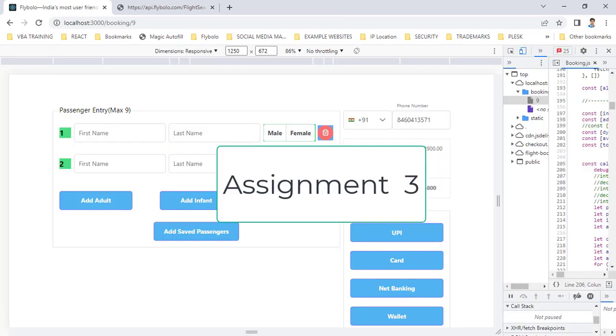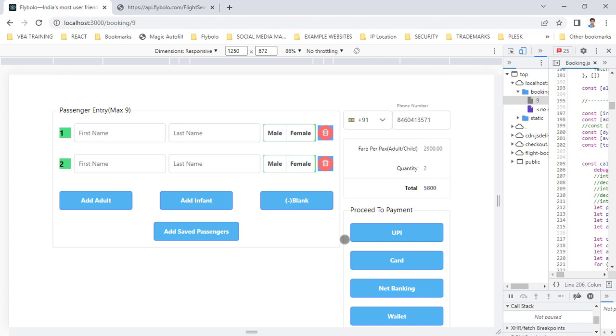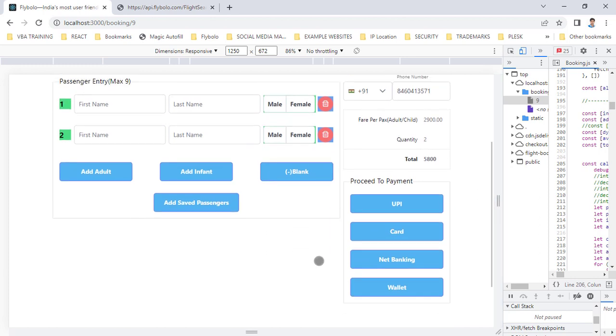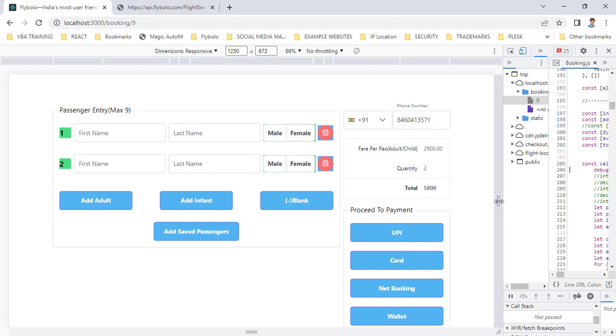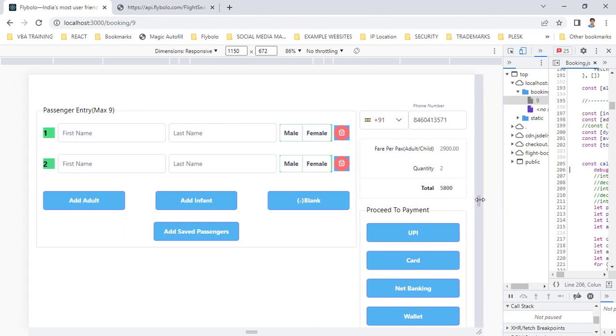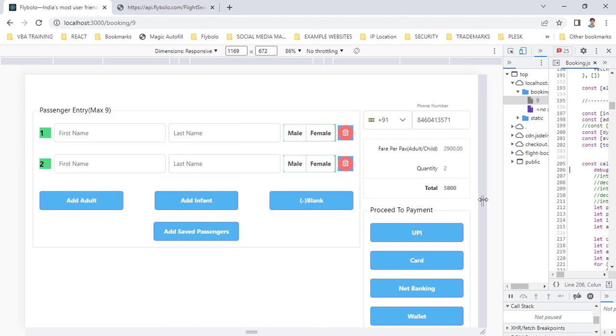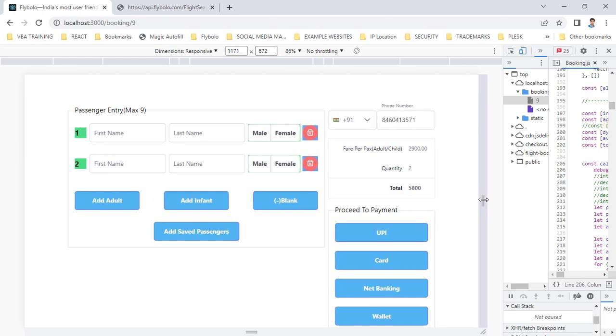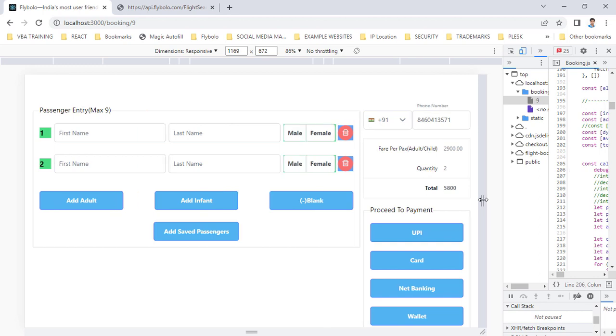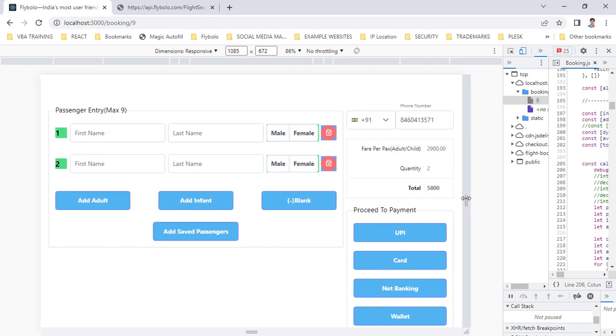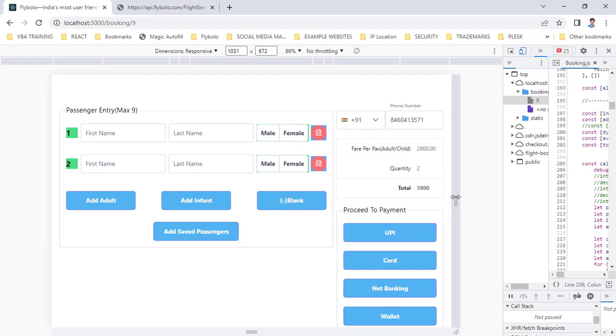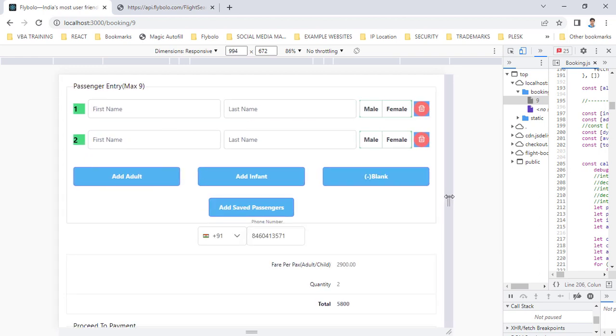In the third assignment, you have to create a responsive design. You can see here on the screen. So this is a large screen, and this has few controls and few buttons. And if I resize this, so this is the breaking point 1170, and after this you can see here again there is another breaking point here,